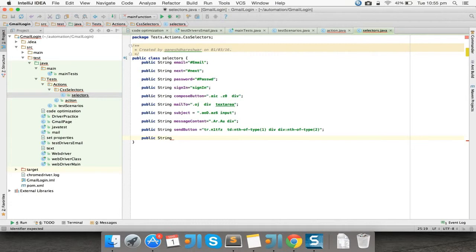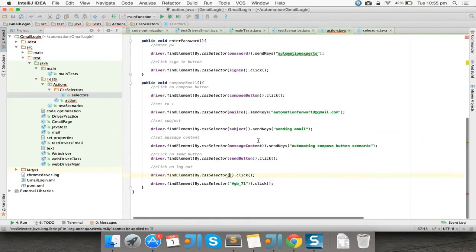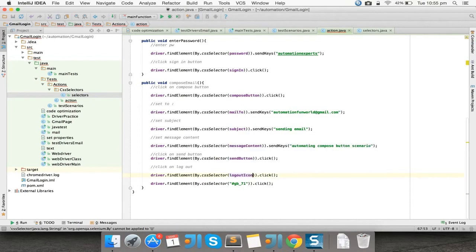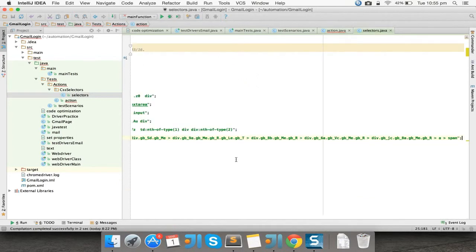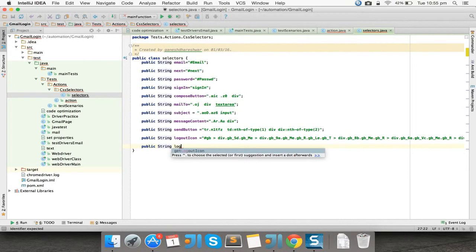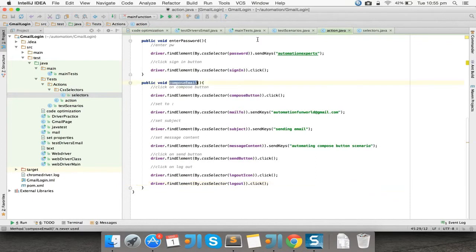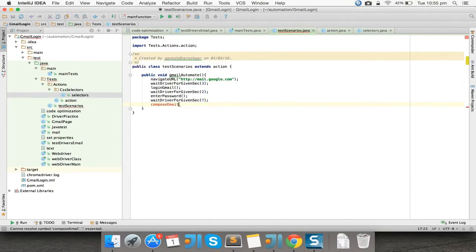I name it as logout icon, because first we need to select the logout icon, then only we can select the logout button. Okay, and this I'm going to name as public string logout. Alright, I'm going to rename it here as logout, and in the test scenario I'm going to call this compose